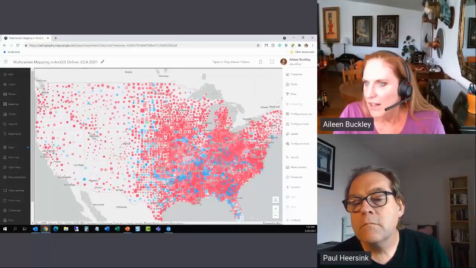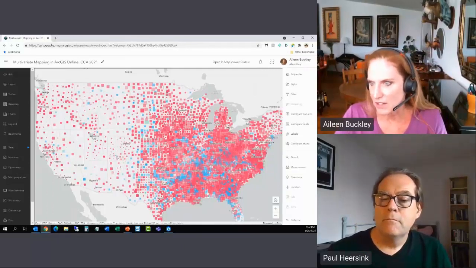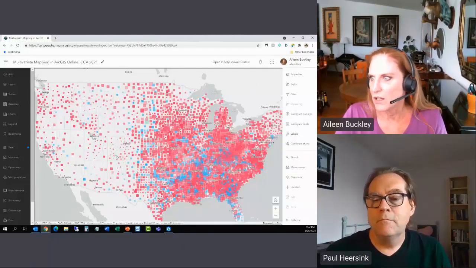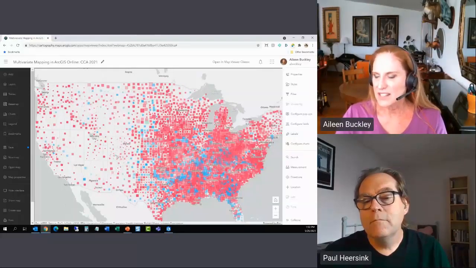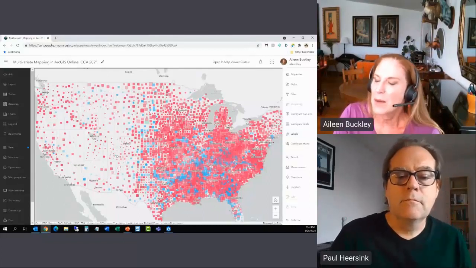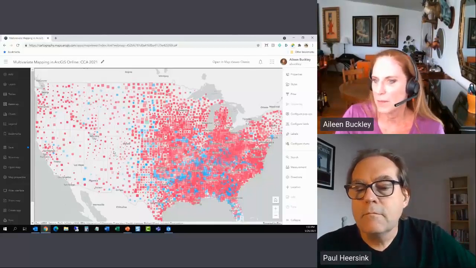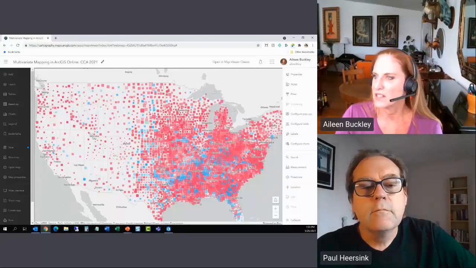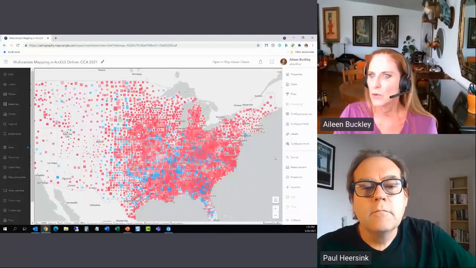And now we're looking at the sum of the contributing factors within that area, shown as the size of the symbol. Again, the predominant factor as the color of the symbol, and the amount of predominance as the transparency of the symbol. So here we're looking at 3 different ways to